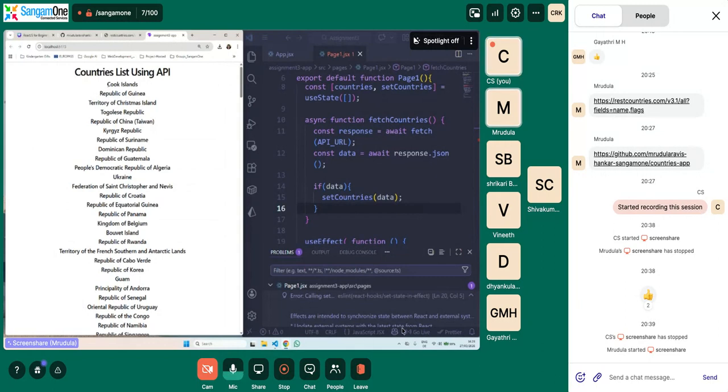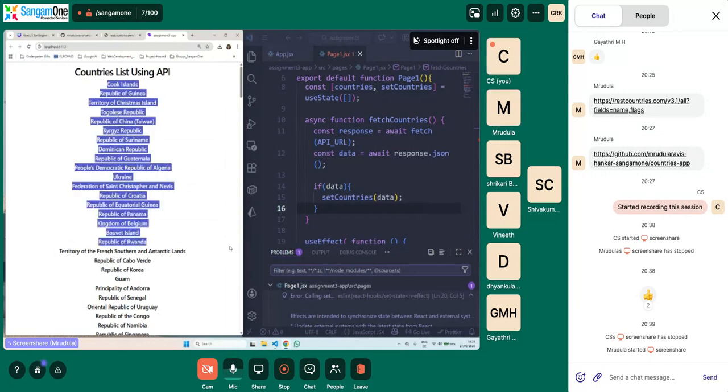So let us save this, go back to assignment 3, and now you can see a list of all the countries. Just to clarify, async means that I have requested something, and the data will come in bits and pieces, right? Yes, that's what it means. And I'm going to await till everything comes, right? Yes, it might take a little bit of time. So it is not synchronous, it is asynchronous. It might not be in sync with our CPU cycle, so it might take some time.